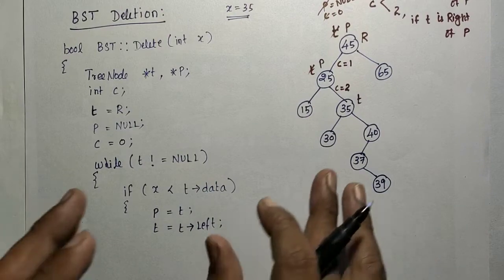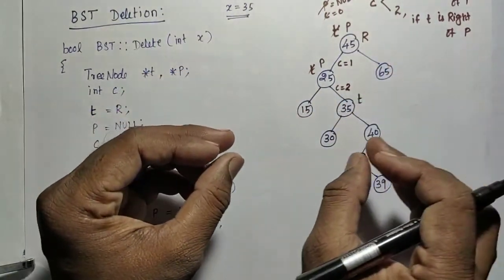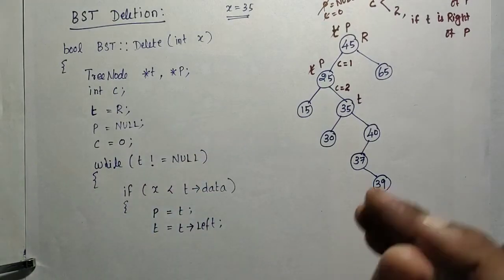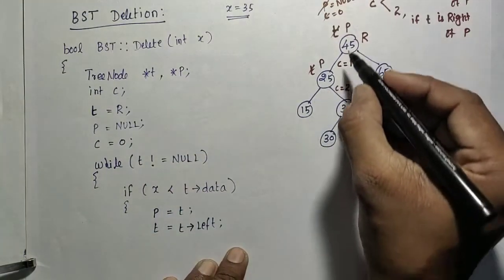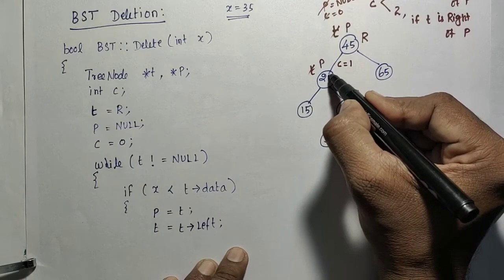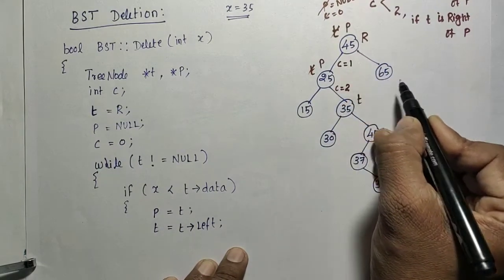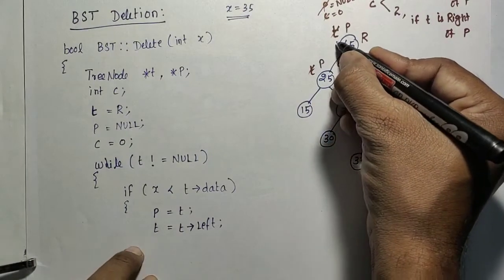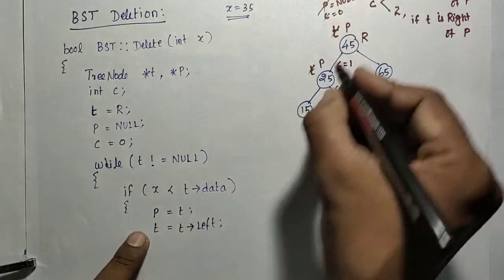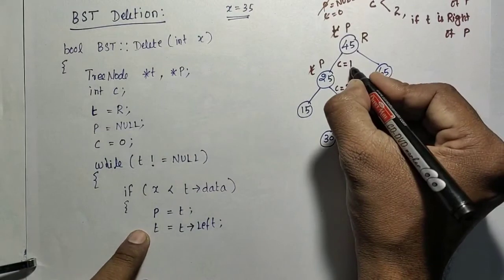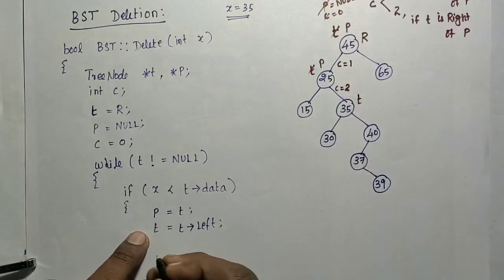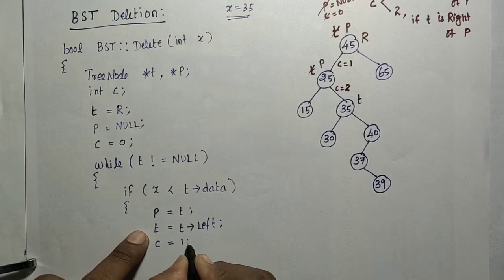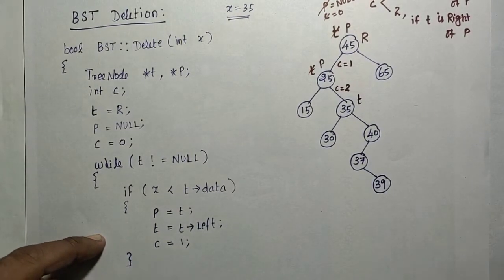Okay. So while explaining also, don't write the addresses explicitly. It will take much time to explain it. Okay, so just draw the tree. Left means the left link. Right means the right link. Like that, imagine it. So t equal to t of left. So that it will be moved here. And p will be here. By that time c also has to be updated. We have moved the t to the left side. So c equal to 1. Okay, this is case 1 is over.